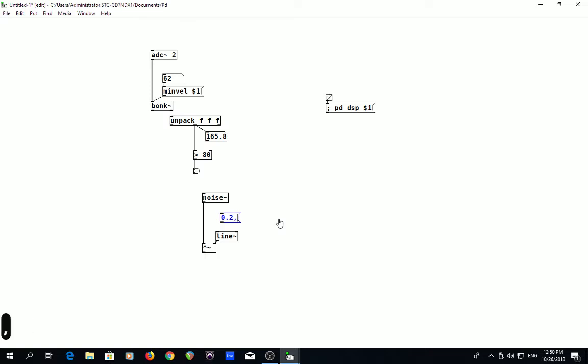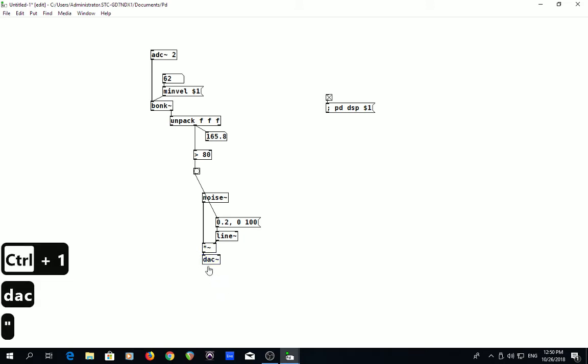Then I put in a comma, and that basically means another message, the next message. After you've done that, the next thing I want you to do is go to 0 over 100 milliseconds. So I'm going to draw a line here to this amp. And it's going to say jump up to 0.2, so a fifth of full volume. Then after you've done that, go to 0 after 100 milliseconds. And I'm going to use this bang to trigger this message. And then we're going to hook it up to a DAC,